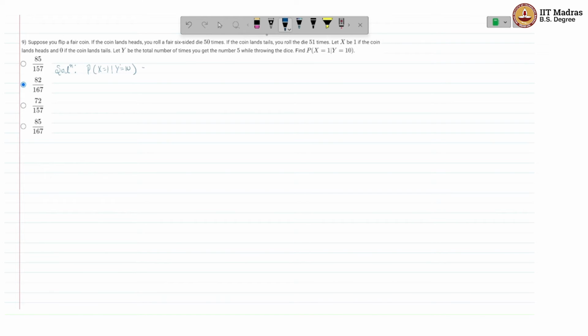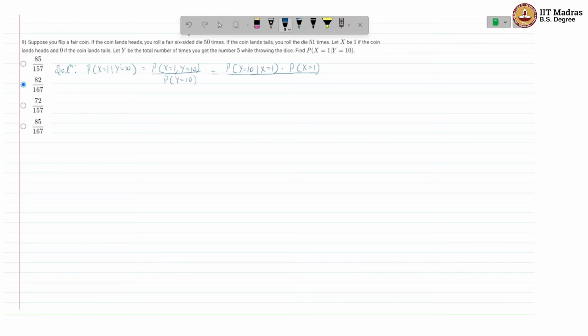We'll simply use the formula that conditional is equal to joint by marginal. So this will be the joint probability that X is equal to 1 and Y is equal to 10, divided by the marginal, that is, probability Y is equal to 10. Now we can rewrite the joint as the product of conditional and marginal. So this joint can be rewritten as probability Y is equal to 10 given X is equal to 1 into the marginal X is equal to 1. So now divided by